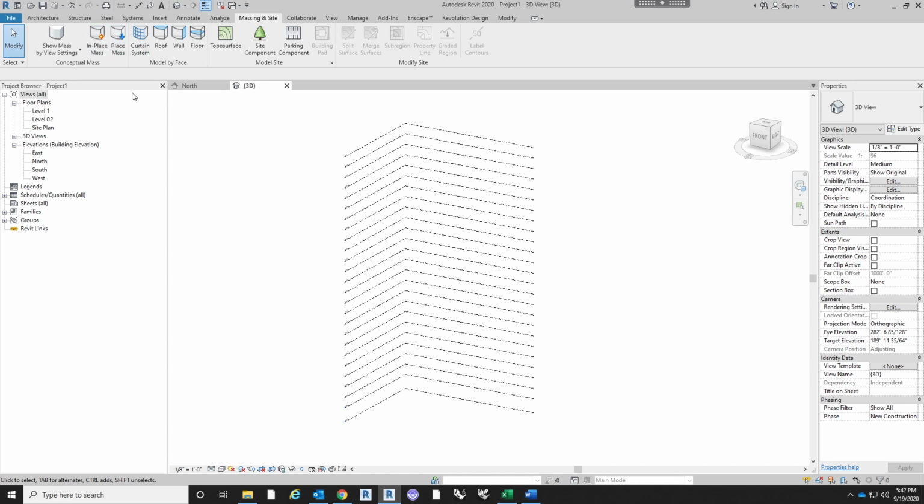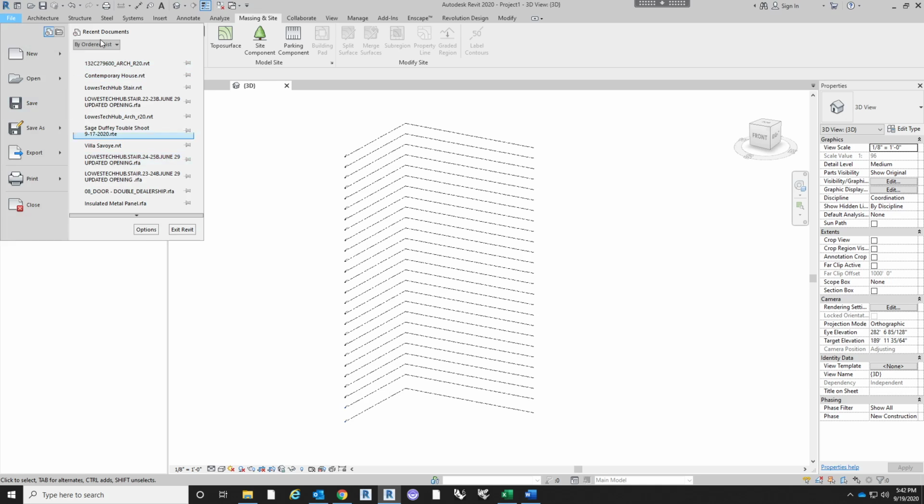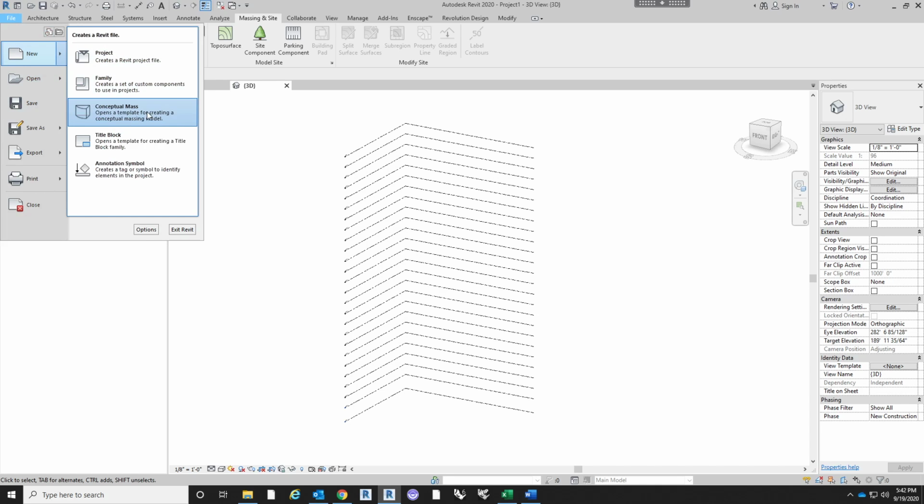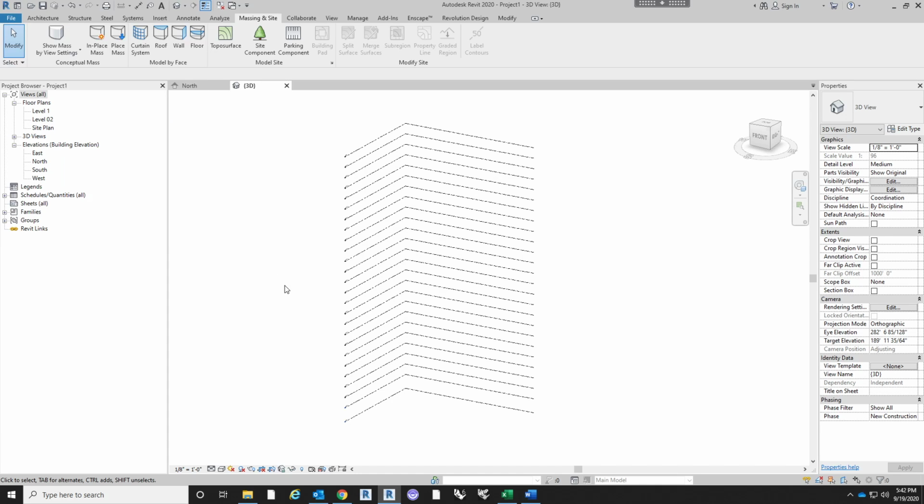up at the top left under Massing and Site, we have our conceptual mass. Now you can do one of two things. You can model in place. That is the InPlace Mass. That means that you'll actually model the geometry directly in your project. Or you can actually open up a new project, a new conceptual mass project. Create a conceptual mass in a completely different window. It's essentially a family. And then you can import it and place it just like you would a piece of